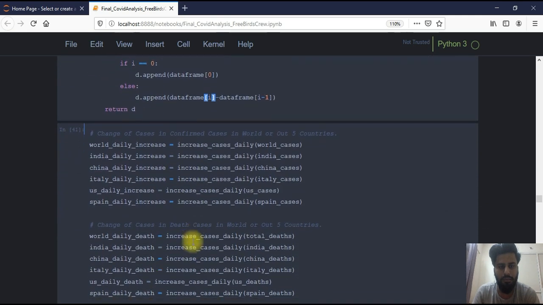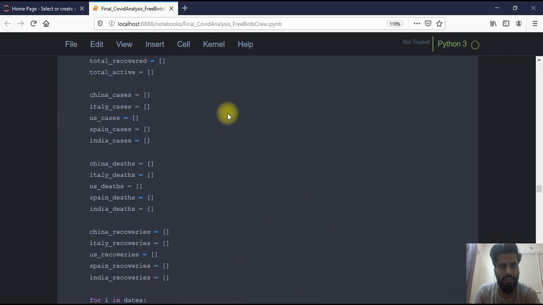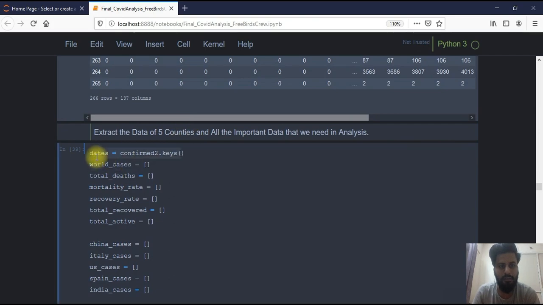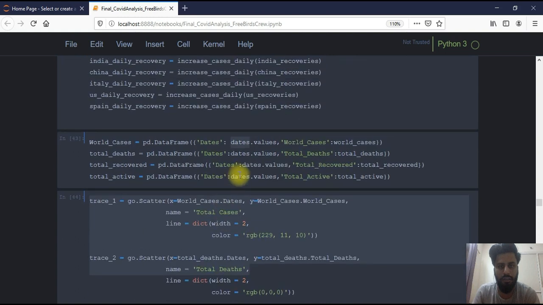So I can just simply make data frames from that. I can use the pandas data frame function, and the dates values that I get here. I can just call their values and make a column for that, that is dates. And similarly I can make all the 4 data frames with the help of the pandas DataFrame function.